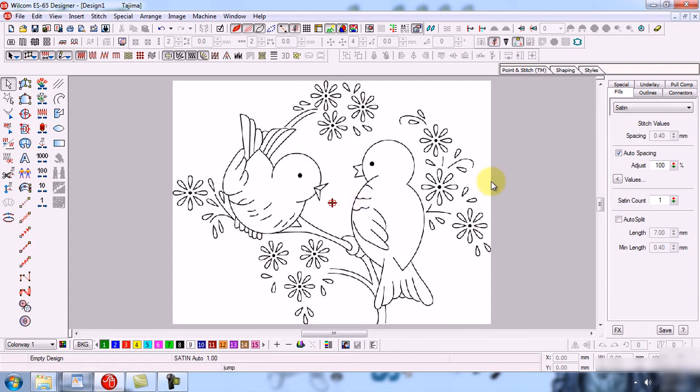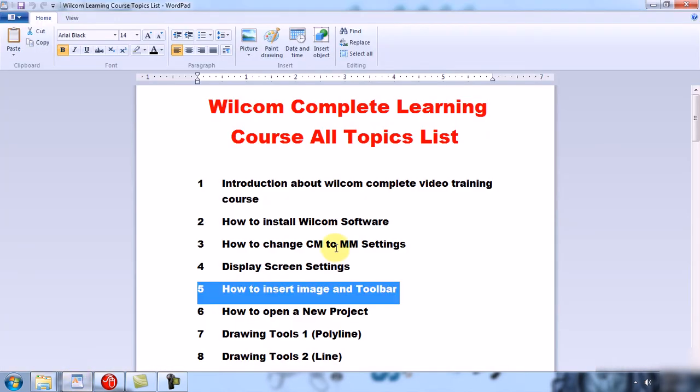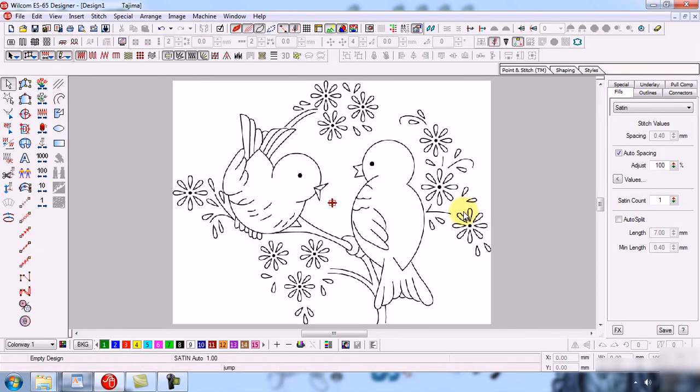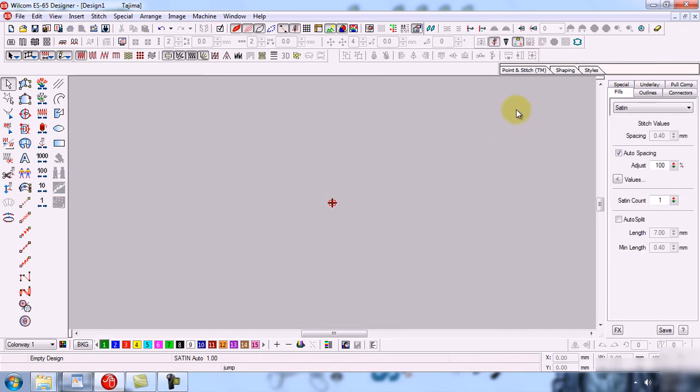Now the second topic is about toolbar settings. How you can add these menus, these toolbars in Welcome software. If you have to insert or delete any menu, how can you do that? To delete any menu, you can click there.